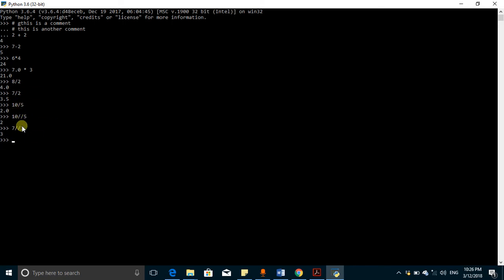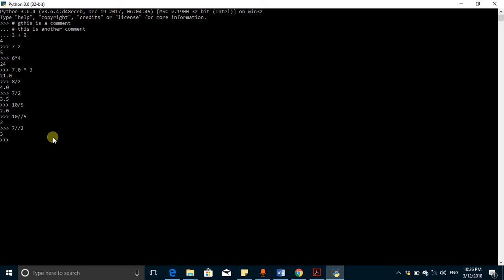So this is how to do basic mathematical operations in the Python live interpreter, and all other rules that we use in other languages are also applicable in